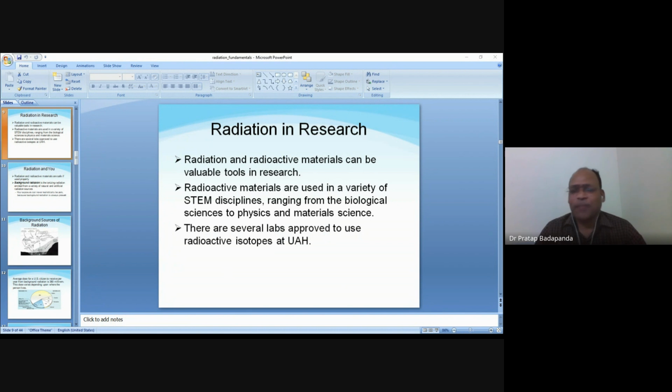I am not much aware of medical science, but I have learned from some sources that scientists are trying to use these radiations for neurological betterment. So these are the areas where you can use